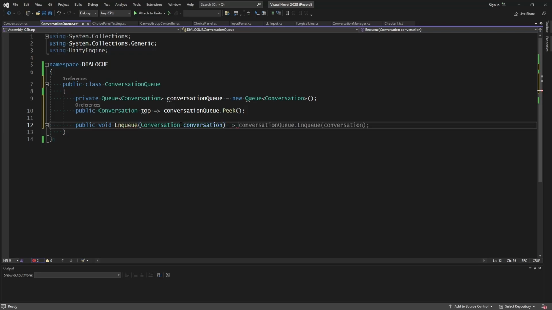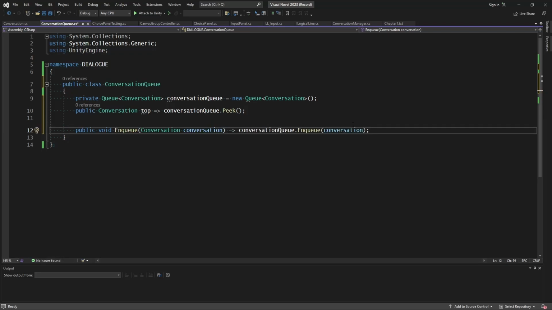And what we're going to do here is just say conversation queue.enqueue. We're pointing that straight to our queue, so that way it can add a new item. But this is not going to be anything of priority. This is just going to be adding one to the back of the queue, so it'll still continue to execute the one that is currently running, and then once it finishes that conversation, then it will move on to the